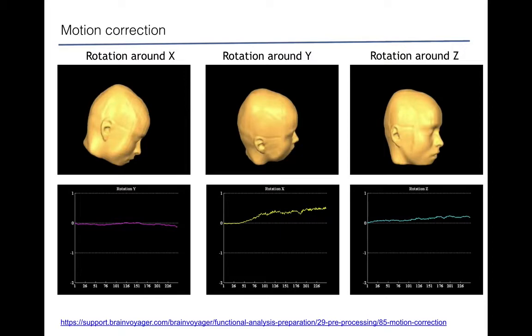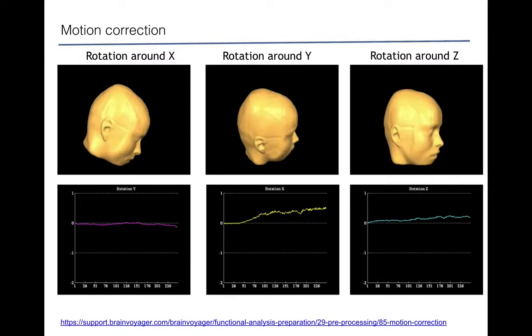So if the subject moves by only a few tenths of a millimeter, like let's say 10% of a voxel size, like 0.3 millimeters, then there is going to be 10% change in the time series, and this can be much larger than the changes in the signal due to neural activation. So motion, again, it's not easy to deal with, but what we can do, what most algorithms do, is